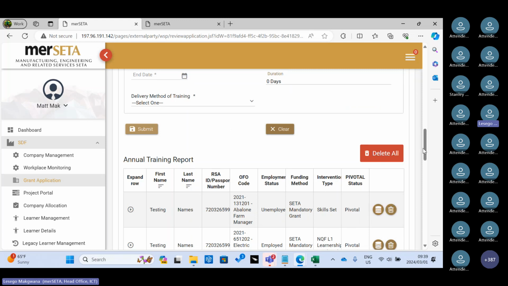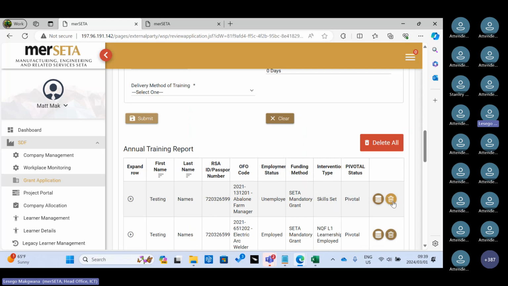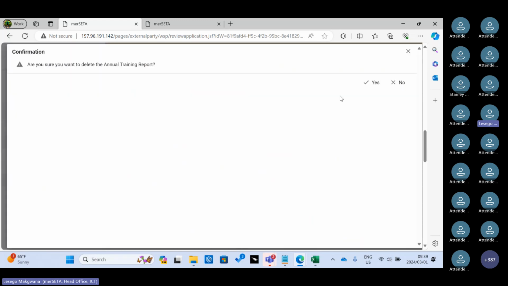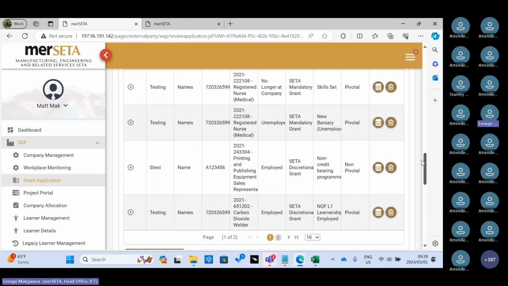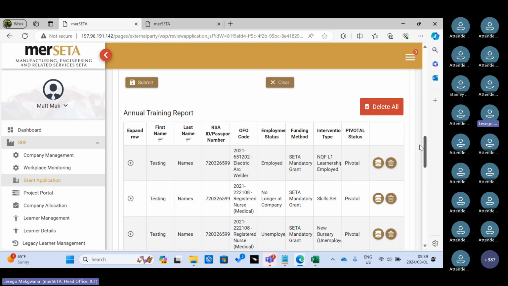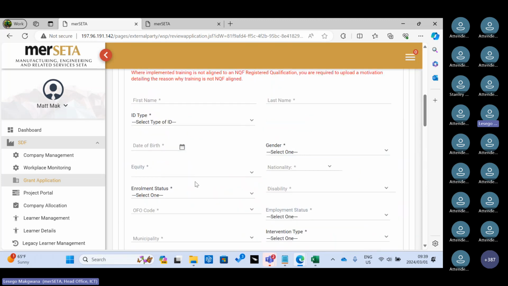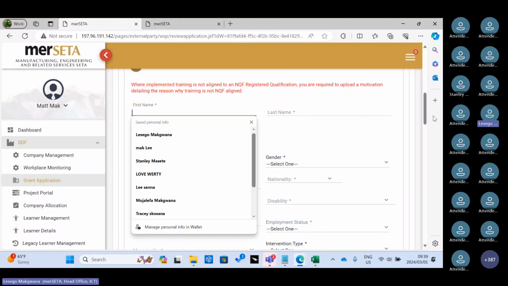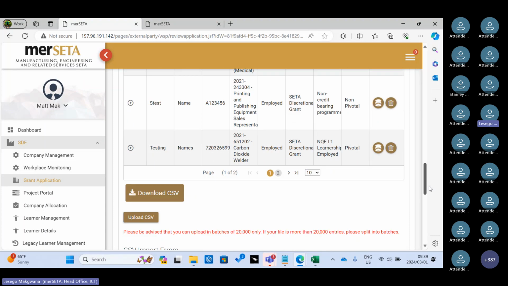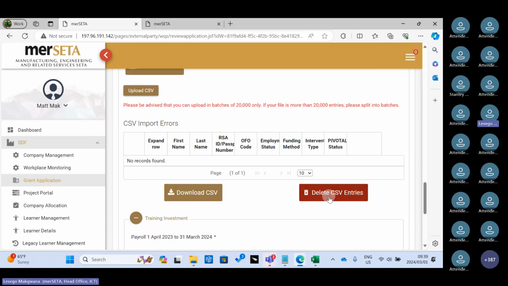You have another option to say, no, I'm not happy with the full record. Here's my delete icon to say, let me delete one item from my ATR reports. And once the item is gone, you do have an option to populate that information here. Maybe just correcting that one single record, you do have an option to put it manually or delete the entire